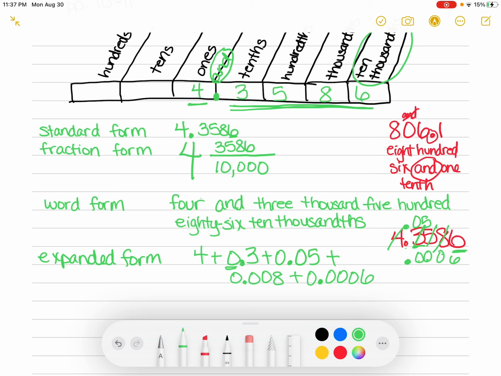Okay, they also show you in your book how to do expanded form with multiplication, but we're not going to do those. Okay, and you won't ever be asked to